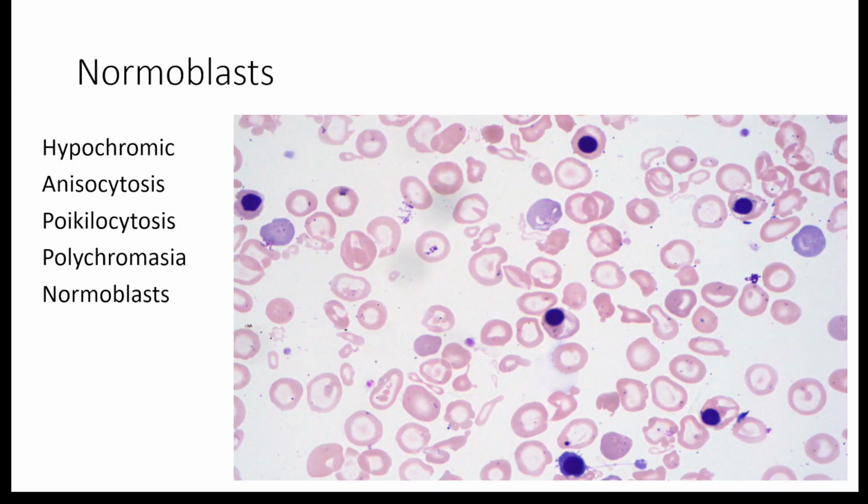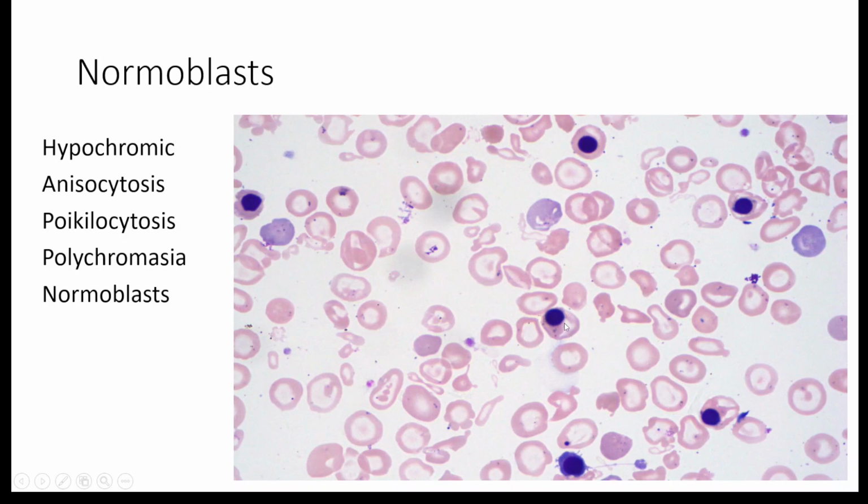What are the features that you're seeing in this smear? Straight away you can say that they are hypochromic RBCs. There is stark variation in the size. You have a small RBC and you have a large RBC, so there is anisocytosis. Then this is a pencil form, this is an elliptical form, this is an elliptical form, so this is poikilocytosis. Polychromasia, you can see these blue color RBCs. Polychromasia is also present. Normoblasts are also present.